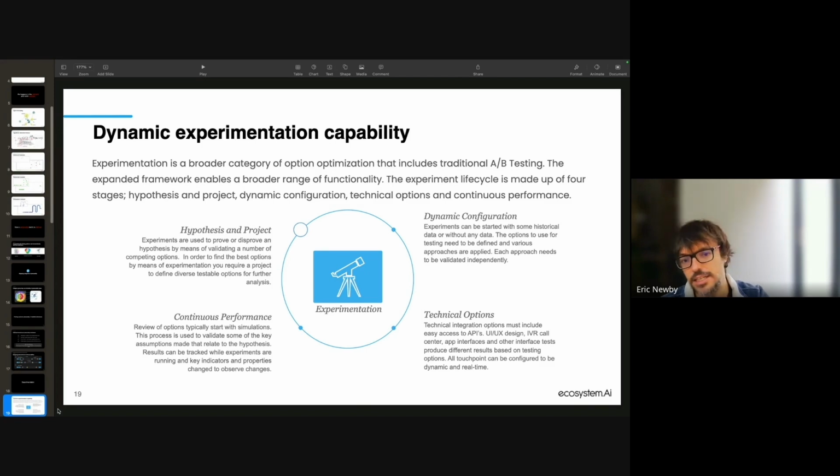Generally it would be click-through rates, but it could also be completion of a journey. So maybe it's more about, do you actually buy a product, or maybe it's about, do you go and visit a specific location, or there's a range of different ways that you can define success. And obviously you need that in order to run an experiment and know whether it's working, how well different options are working.